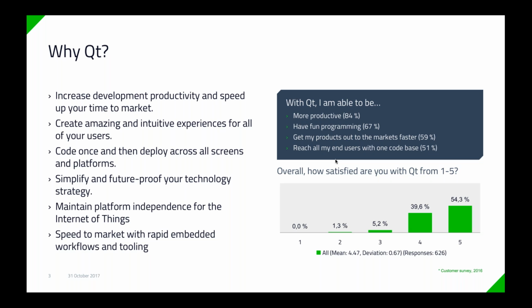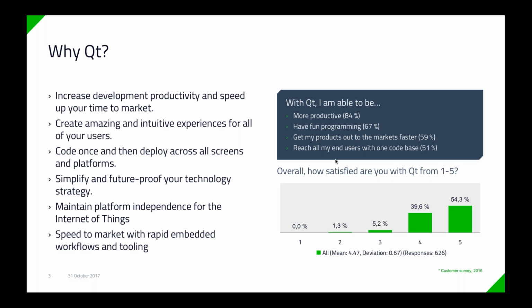You can code your program once and deploy across all screens and platforms. We really have a cross-platform framework. We have native applications, as we will see, but just build and deploy to any platform, to any screen size you want to use, with different pixel ratio and pixel density. All that can be rather easily taken into account. Simplify your strategy. Yes. Maybe this is taking it a bit too far for this stage, but